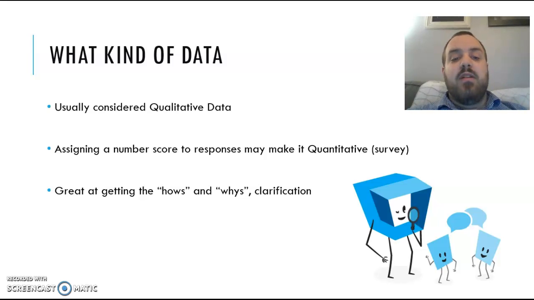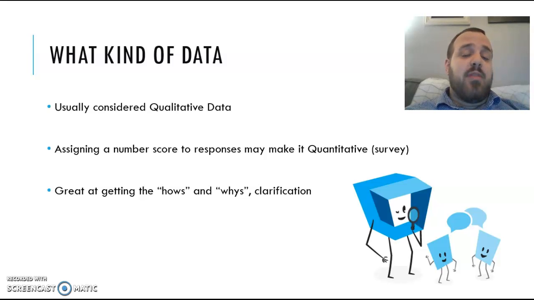And then one of the big reasons that we want to do an interview and why it can be helpful is that it can get into the hows and whys. So when you're asking people questions and talking to them, you can really get the background on what they're thinking and why maybe they did something. So if you're doing a survey on, let's say, the flipped classroom, like I'm going to be looking at, and you see that the students are not succeeding, an interview can be really helpful because you can get from students, oh, they actually hate what we're doing, and that's why they're not doing their homework or whatever it is, and they're not succeeding.